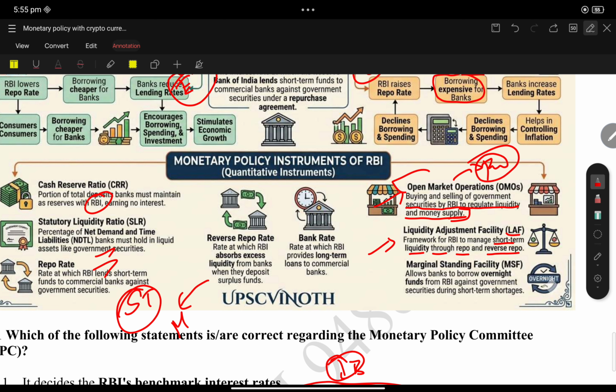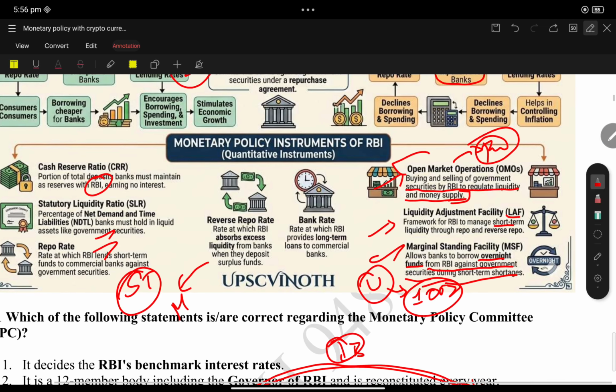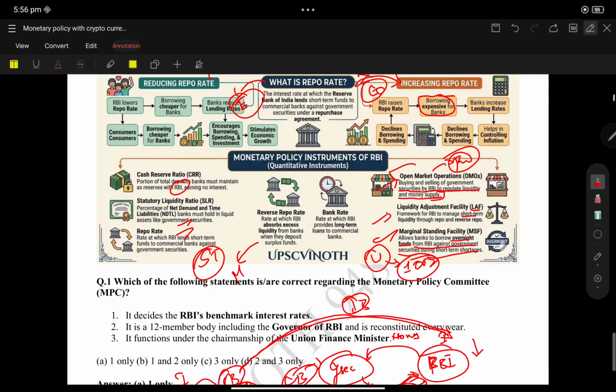What is marginal standing facility? This is very much important. It allows the bank to borrow overnight funds from RBI against government securities during shortage. See, if the bank has some urgent need for money for one or two days, they will go for the marginal standing facility. It allows the bank to borrow overnight funds from RBI against government securities during shortage. Okay, so these are all part one